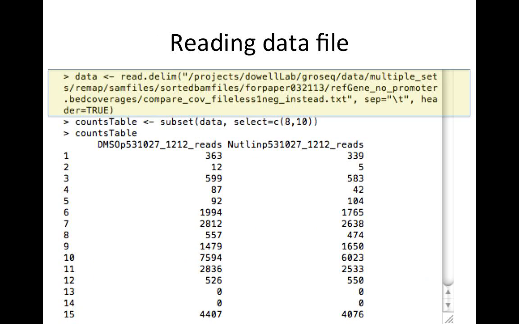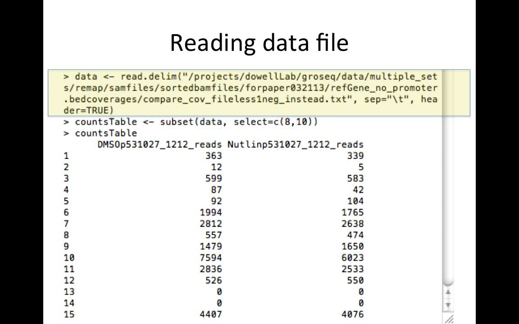Okay, so after you've loaded the DESeq library, you need to load in your data. You do this by typing data, a little caret symbol, and a line, which makes an arrow. Read delim, and then the file name, and then you'll need to give it a little more information about the file you're reading in, which is that it is tab separated. That's how you indicate this, and that there is a header in the file. Again, the file I showed you earlier is the one that you're loading in here,